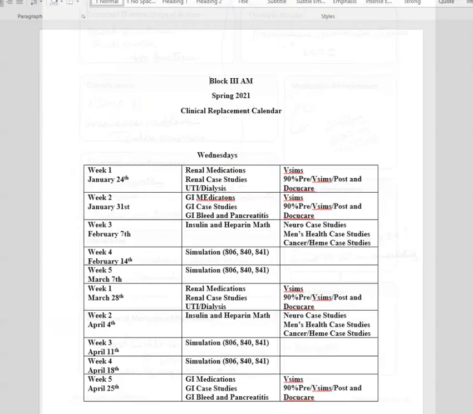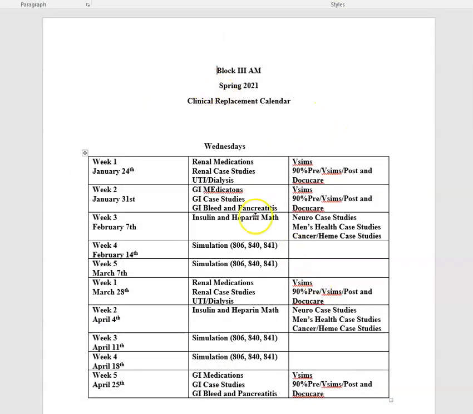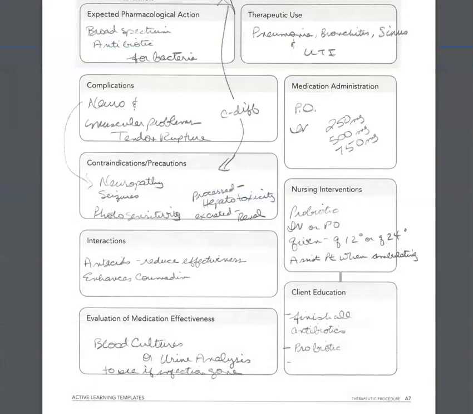So, let's go back to our clinical replacement. For week 2, January 31st, that week on Wednesday, GI meds, same thing, GI case studies. You also have VSIM. For week 3, we have insulin and heparin math. That actually can be found